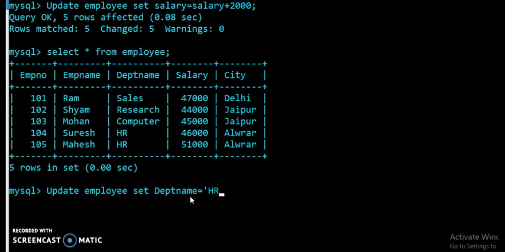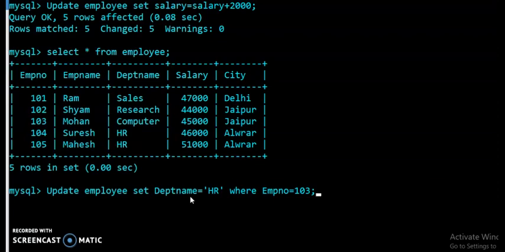Okay, so you have to give the condition with the where clause, where you want to make the changes. You can give any column description. Here I am giving the EMPNO, where EMPNO equals 103, or you can give the name of the employee also, where EMP name equals Mohan.